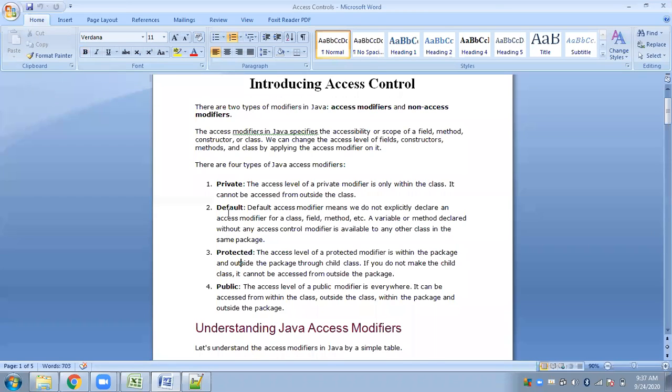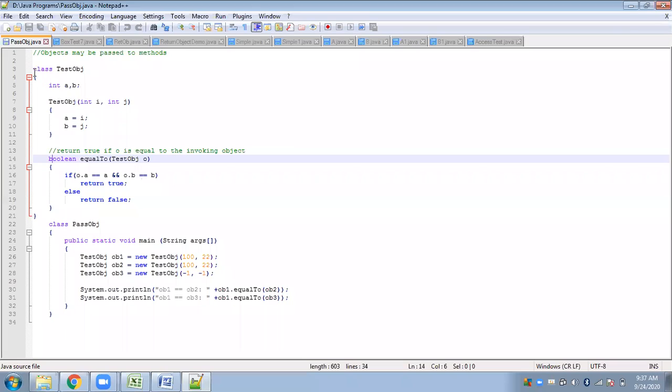Next we have default. As you can see here, we have not used any access specifier, not even in here.